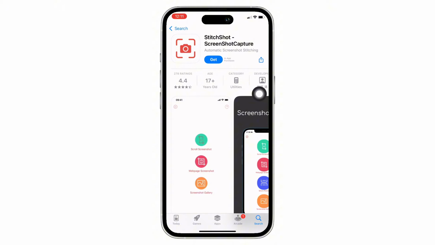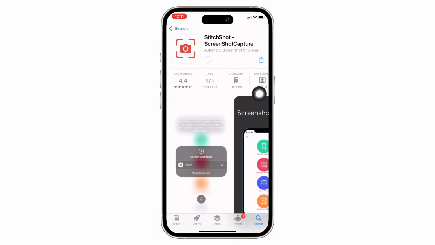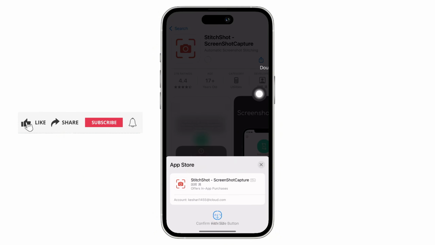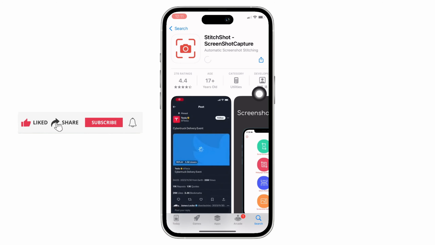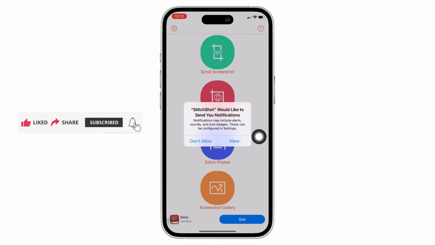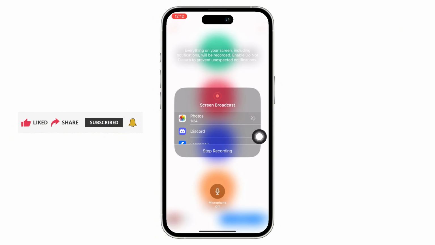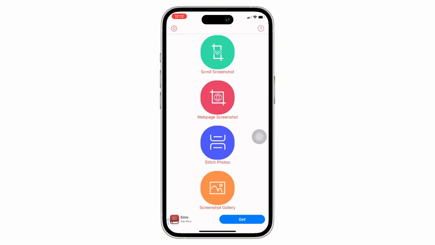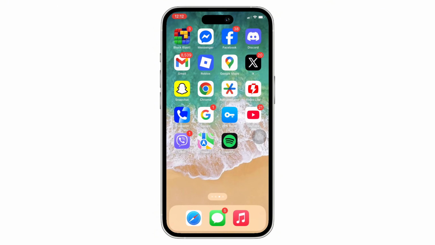Once downloaded, go ahead and launch the app and further go ahead and enable all the permissions that the app asks and allow all the permissions too. Once done, you can then go ahead and simply tap on the screenshot option you see there, or you can also tap on the web page screenshot or Stitch Professional screenshot there and then go ahead and take the screenshot